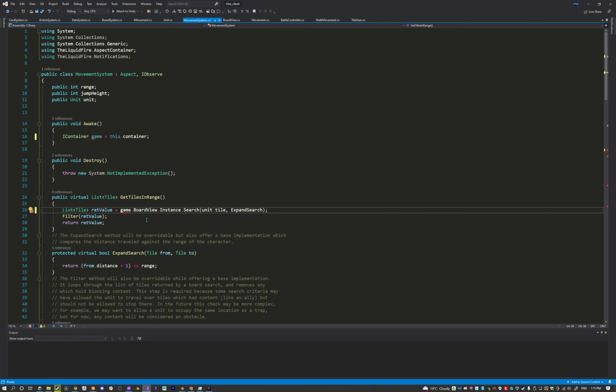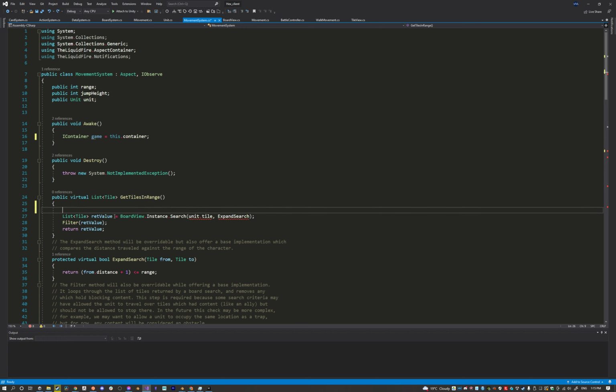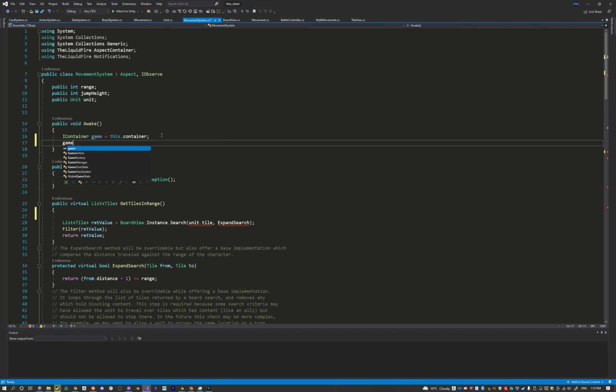Game dot board view, maybe. I don't know. Not before I start messing around there. Game dot, no, not game action. Game dot, is it because it's a virtual? Game dot